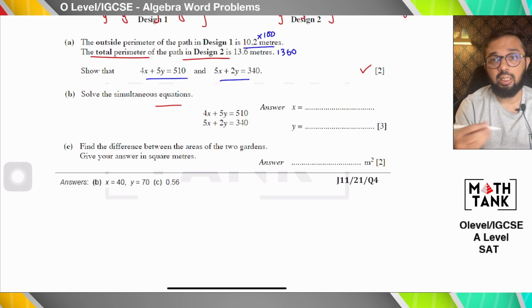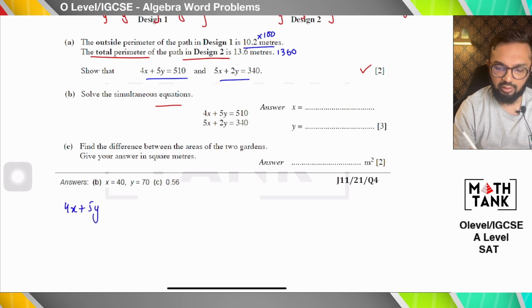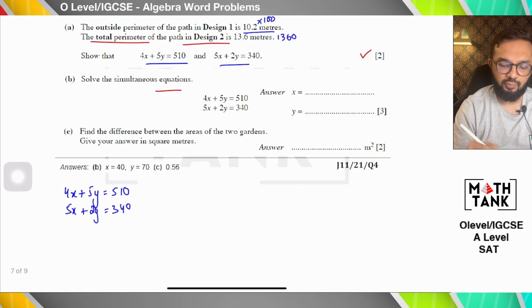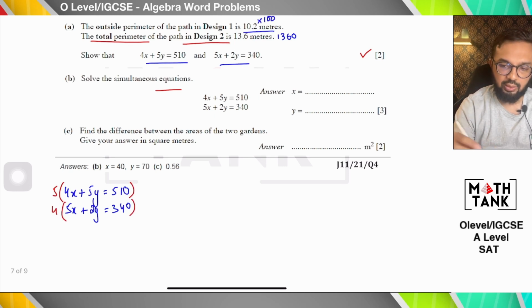You can solve them with elimination, substitution, whatever you want. I am going to use elimination only because it's going to create fractions when I do substitution, and that's going to be more challenging for me. So I'll multiply this entire thing by 5 and this entire thing by 4. That's the coefficient of x that I'm using. So I end up with 20x plus 25y equals